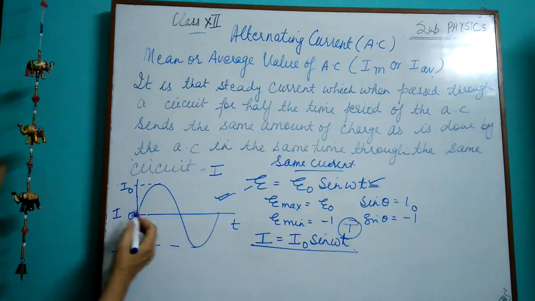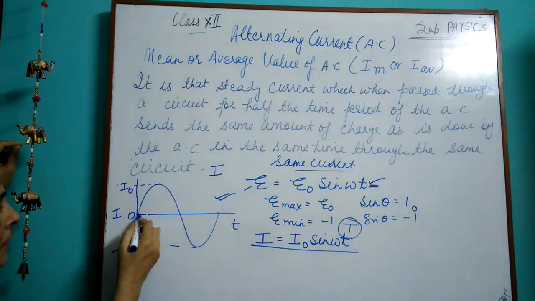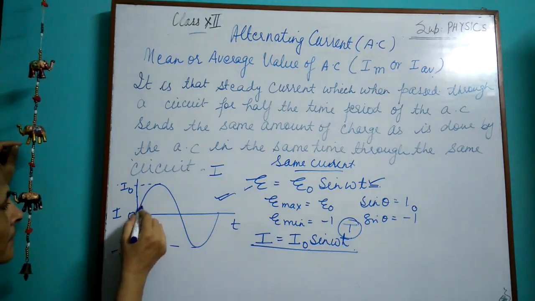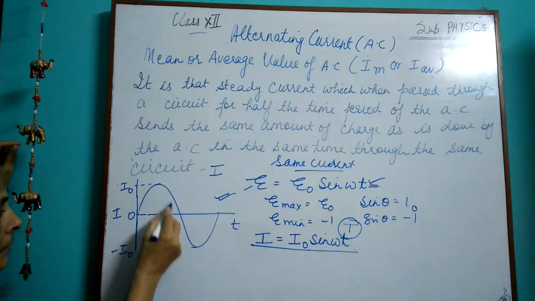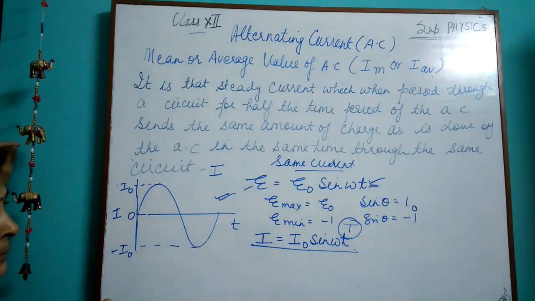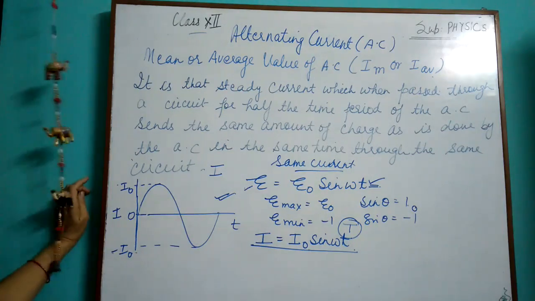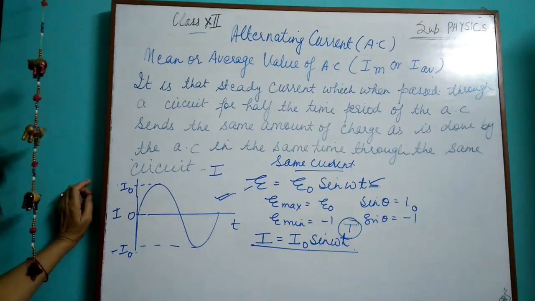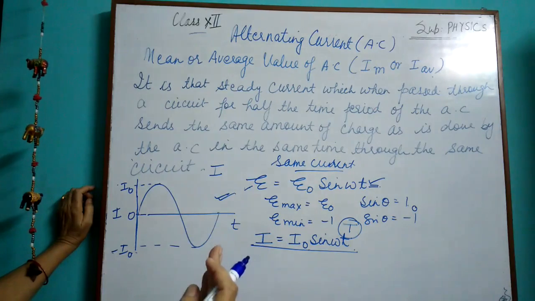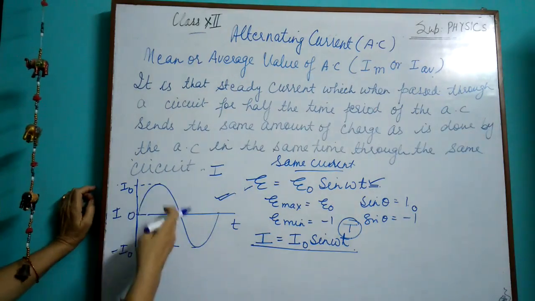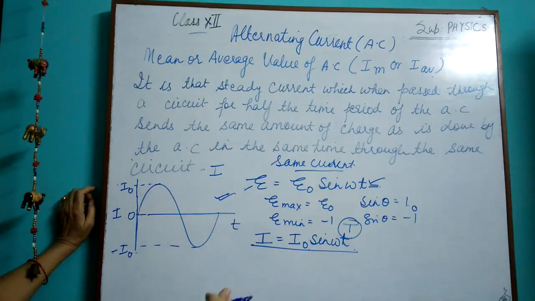Initially the charge flowing in a given time may be 0, then it steadily increases. The number of charges goes to a maximum value in a given time, then reduces, comes to 0 and again changes in the same manner. This is AC. That is, the number of charges flowing in the circuit per second, or in a given time interval, does not remain the same. It first increases, goes to the maximum value, then decreases, then the charges start moving in the opposite direction.